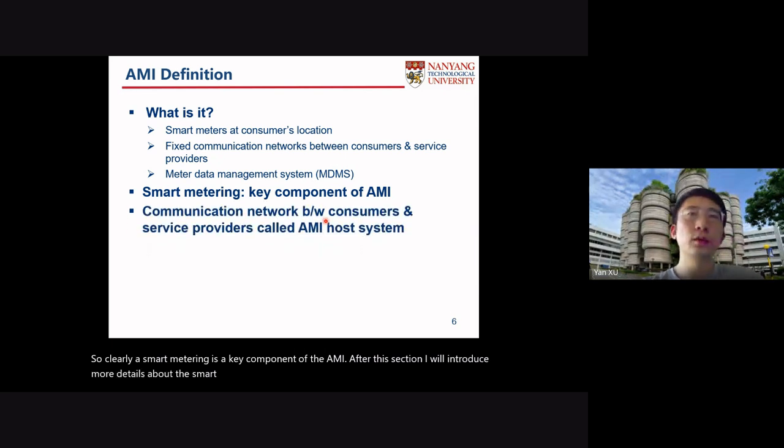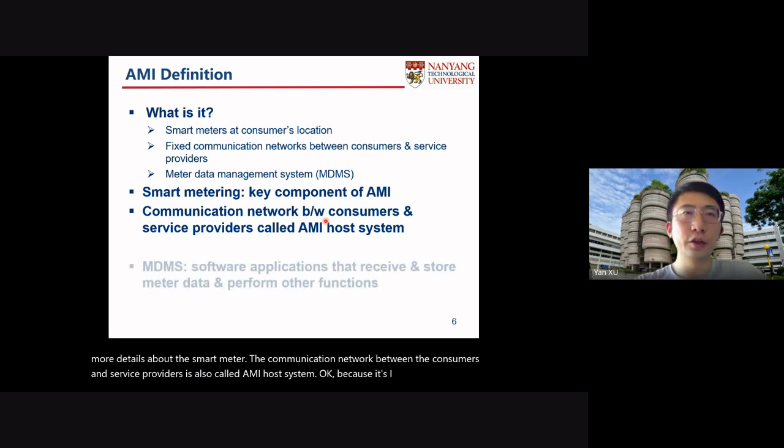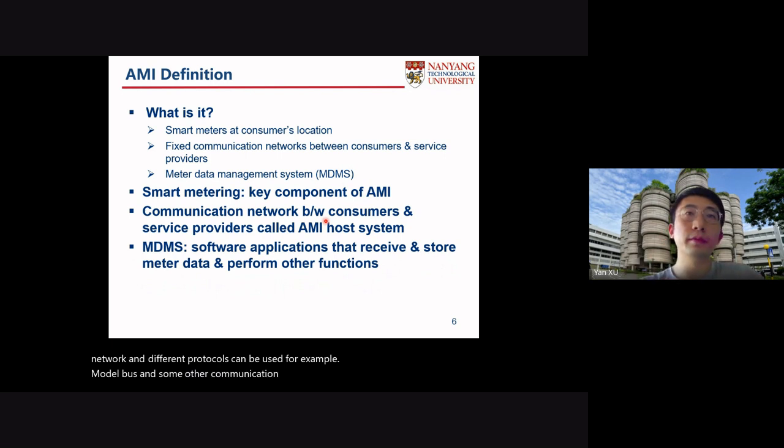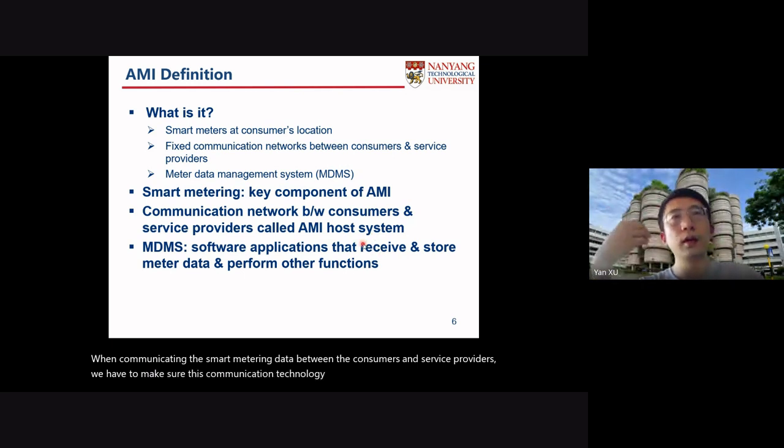The communication network between the consumers and service providers is also called the AMI host system, because it's a communication network, and different protocols can be used, for example Modbus and some other communication protocols. Here we have to be very careful, because when communicating the smart metering data between the consumers and the service providers, we have to make sure this communication technology is secure enough,